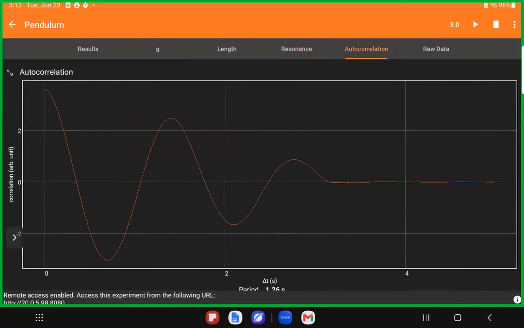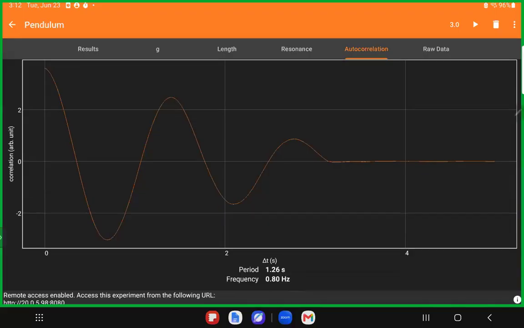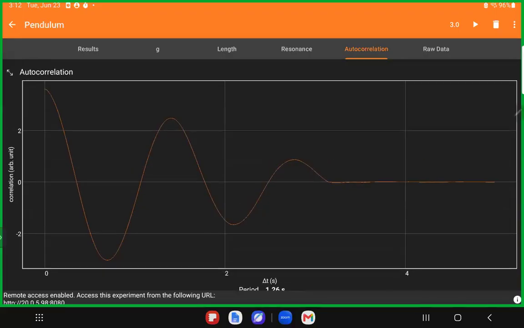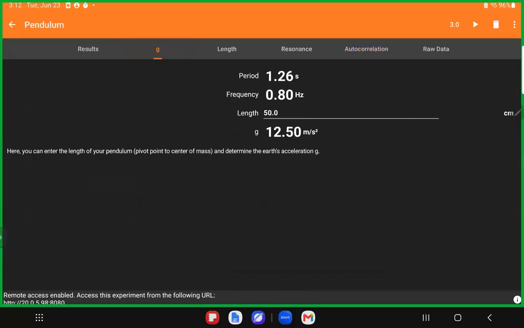If you have good data, this should be a good sinusoidal wave. Okay, let's try again, because we did not complete the time here of 10 seconds. So I'll just make this device swing for 10 seconds before we stop it.